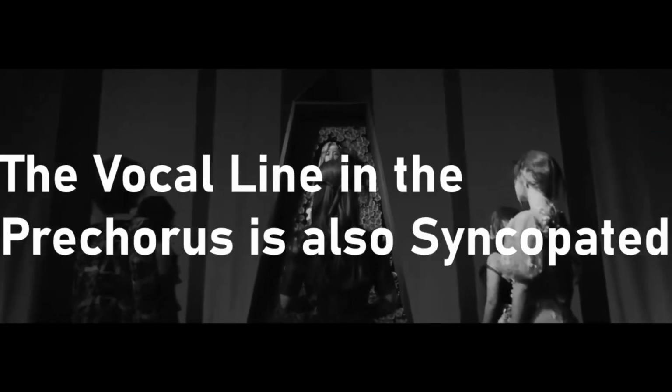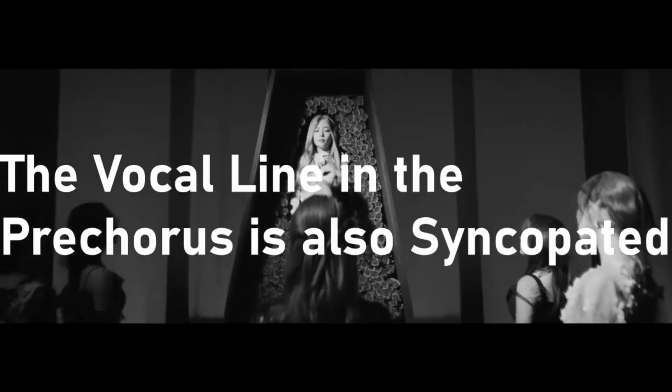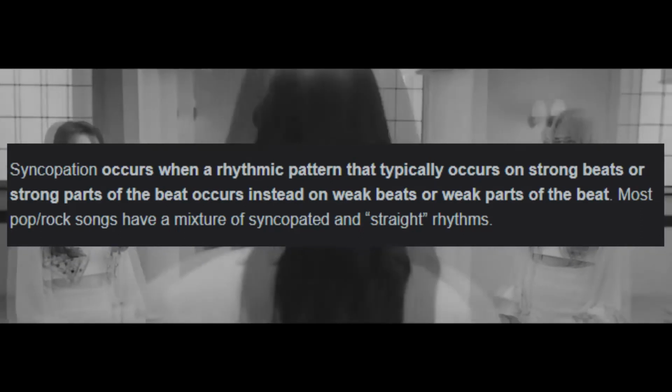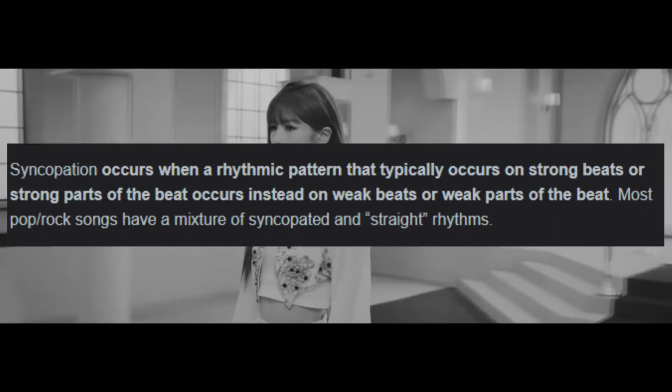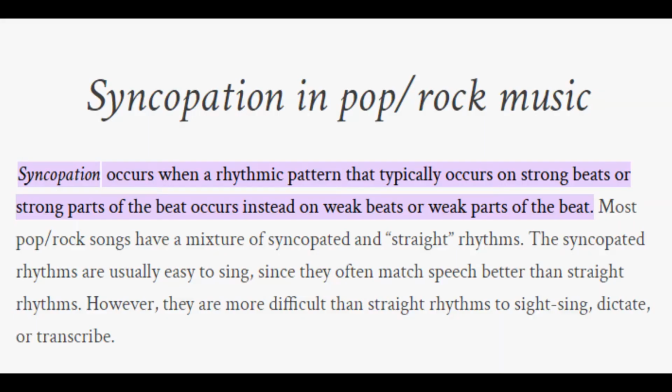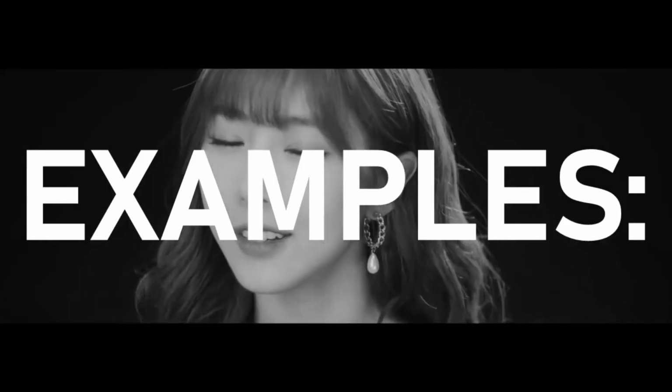The vocal line in the pre-chorus is also syncopated. Syncopation occurs when a rhythmic pattern that typically occurs on strong beats or strong parts of the beat occurs instead on weak beats or weak parts of the beats. Most pop rock has a mixture of syncopated and straight rhythms. Some popular examples of vocal syncopations are